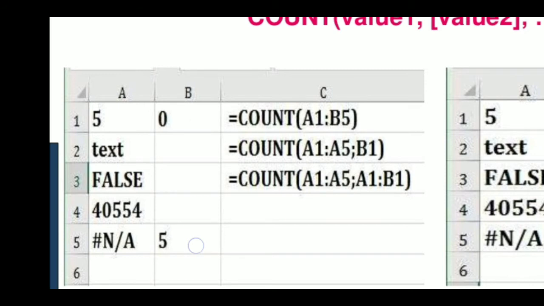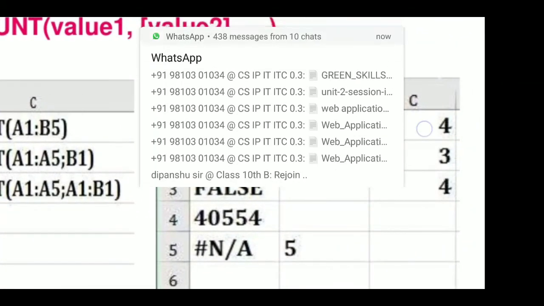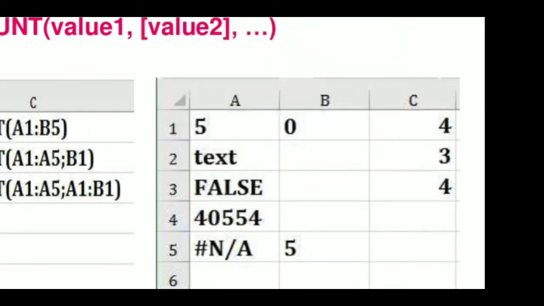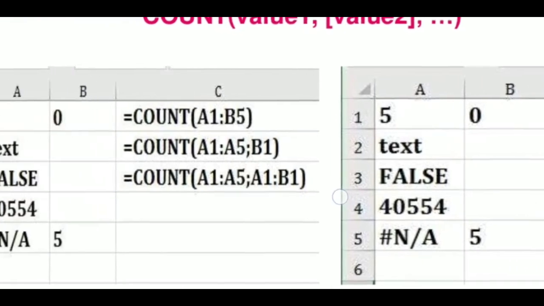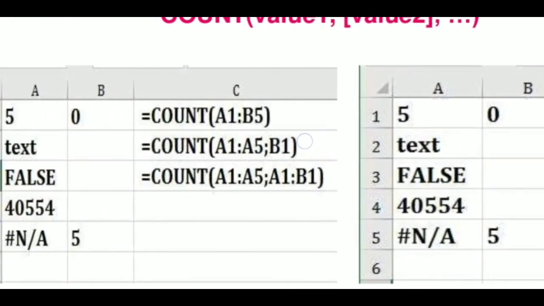Then total we have 4 numeric values. So therefore COUNT result will provide us 4 value. Okay. And we can use this COUNT function in different ways, like this and like this also.